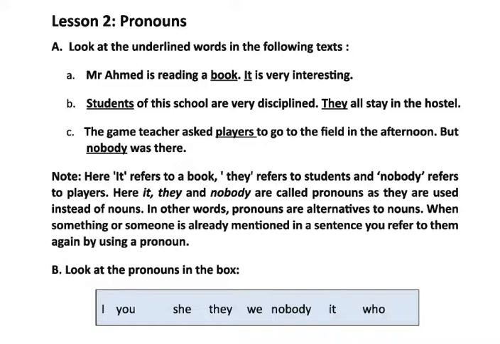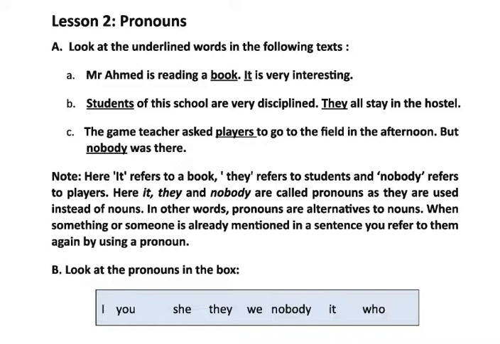Note here, it refers to a book. They refers to students and players. Nobody refers to players. These words are called pronouns. Here it, they and nobody are called pronouns as they are used instead of nouns. নাউনের পরিবর্তে যে ওয়ার্ড বসে তাদেরকে pronoun বলা হয়। In other words, pronouns are